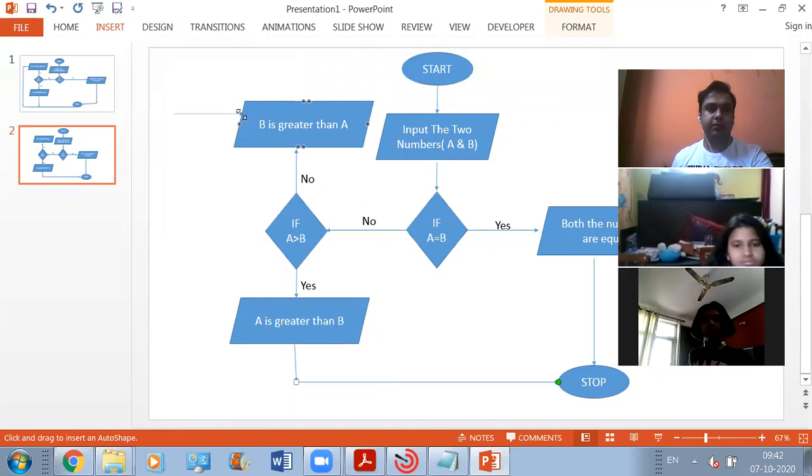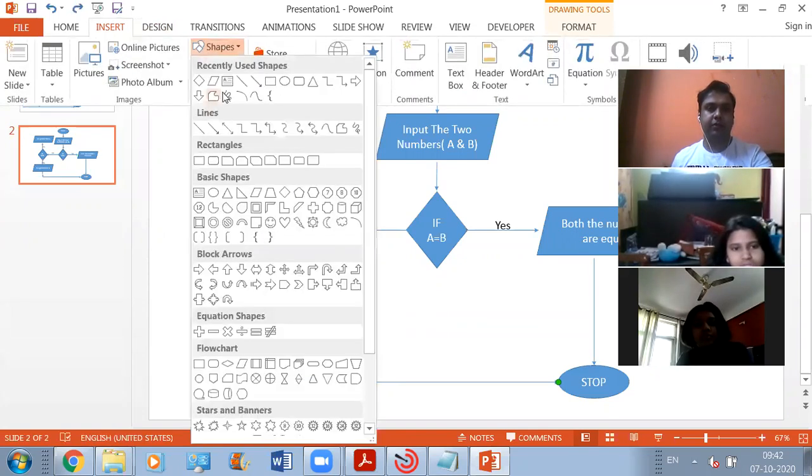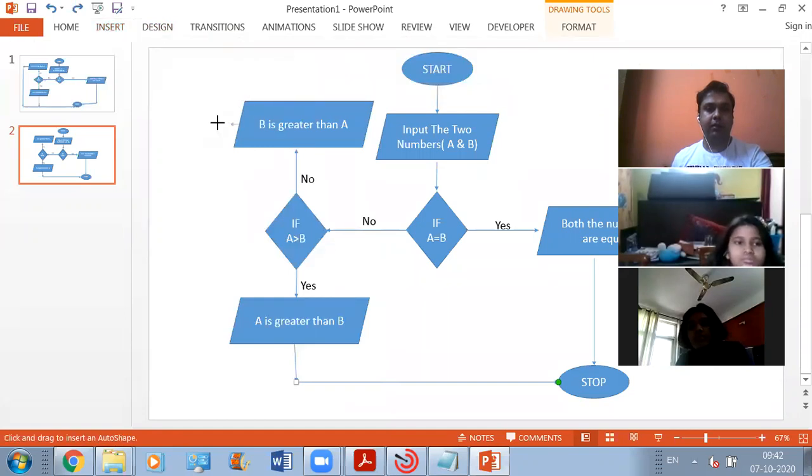Now let's draw this line. We need to draw it. The direction sign should be here, should be like this. Okay, let's make use of this. I'm putting it here, expanding the size of this.